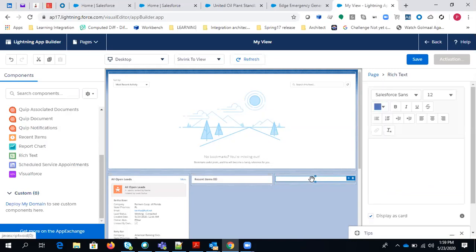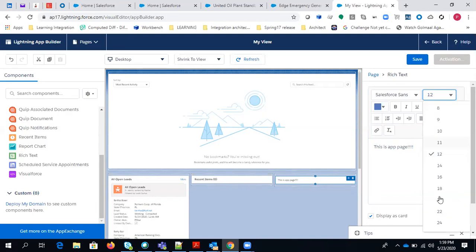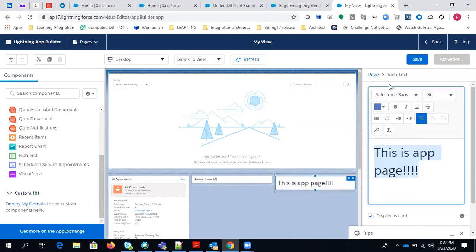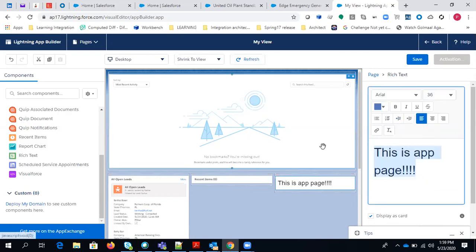And here it is asking for the text. So this is an app page. So I'm not making any dynamic thing for this, so it will always appear. And I'm just changing the layout, changing the font type. Let's say make it Arial. Okay, so